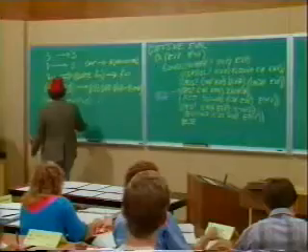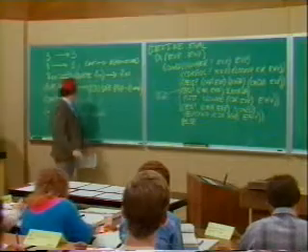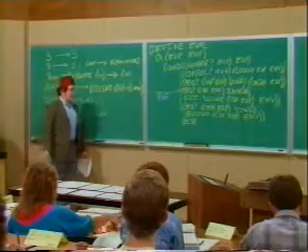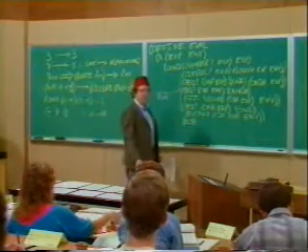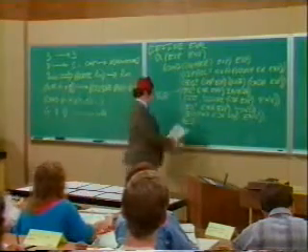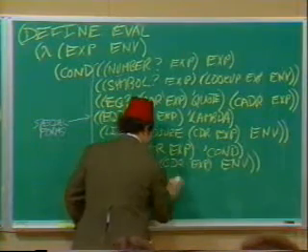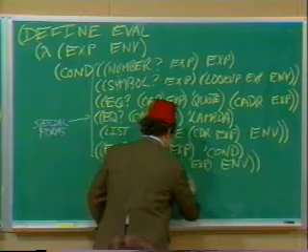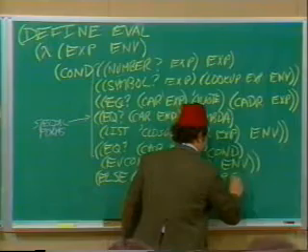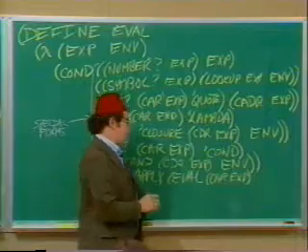In this case, I have to somehow do an addition. Well, I have to find out what the plus is, and I have to find out what the x and the 3 are. And then I have to apply the result of finding out what the plus is to the result of finding out what the x and the 3 are. Okay, we'll have a name for that. So I'm going to apply the result of evaluating the car of the expression. The car of the expression is the operator. In the environment given,